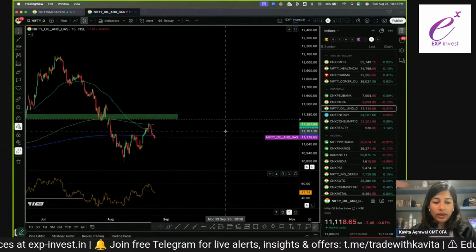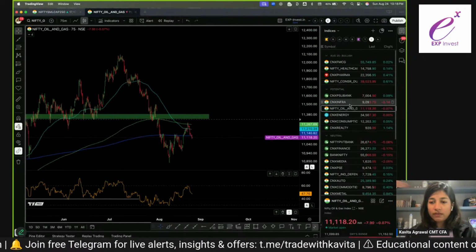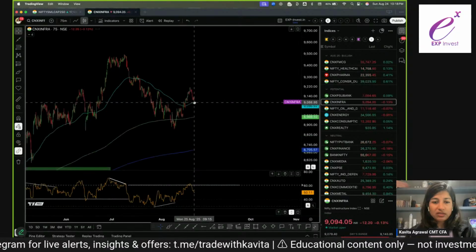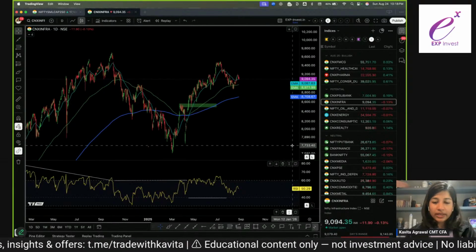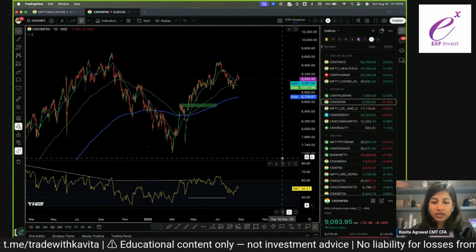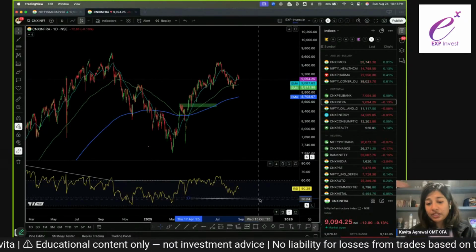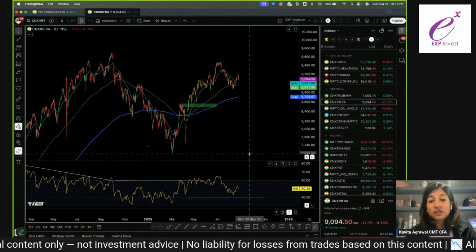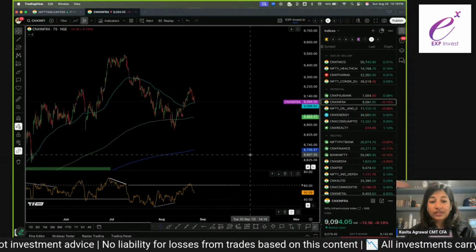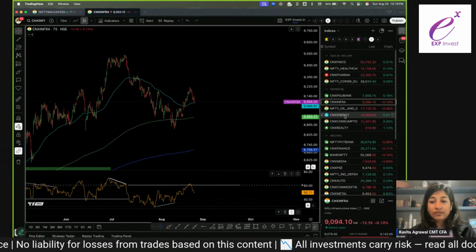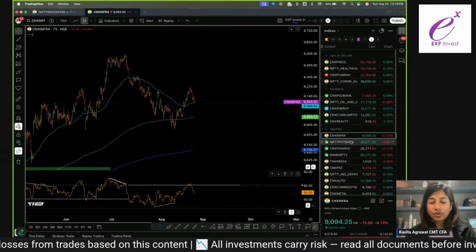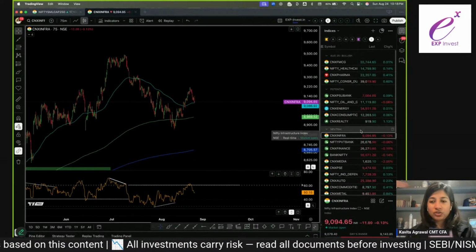What about oil and gas? Oil and gas. So infra no longer looks like it has potential. Okay, it does have potential because on the daily it's still in the positive range. 75-minute, however, is suggesting continued correction. So I think I'm going to move it to neutral because in the short term I'm not going to pay attention to infra stocks anymore.